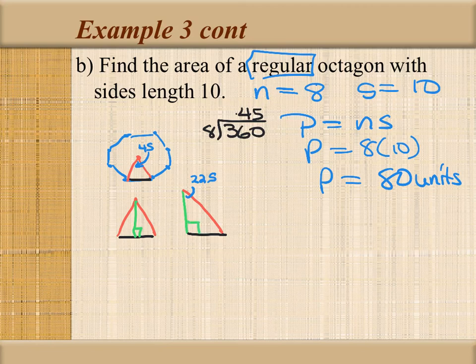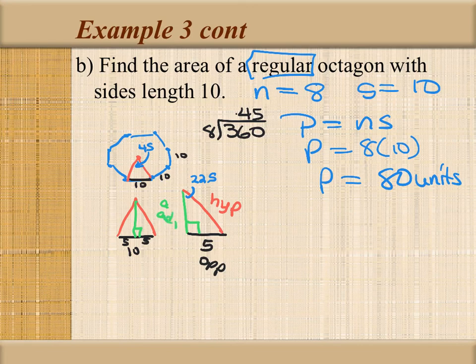And again, they gave us a side length of 10. So each one of these sides here are 10. Remember, the 10 is for this whole thing. So when I bisect it, the side I'm using here for my trig is a 5, not a 10. Now, in relation to the 22.5, the 5 is opposite. This is going to be my hypotenuse, and this is going to be my apothem. Now, I don't need to find the hypotenuse. All I need is the apothem. So this is going to be